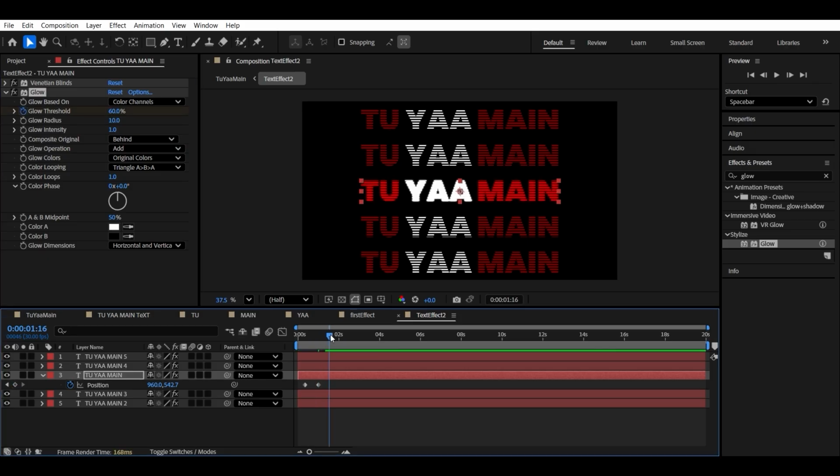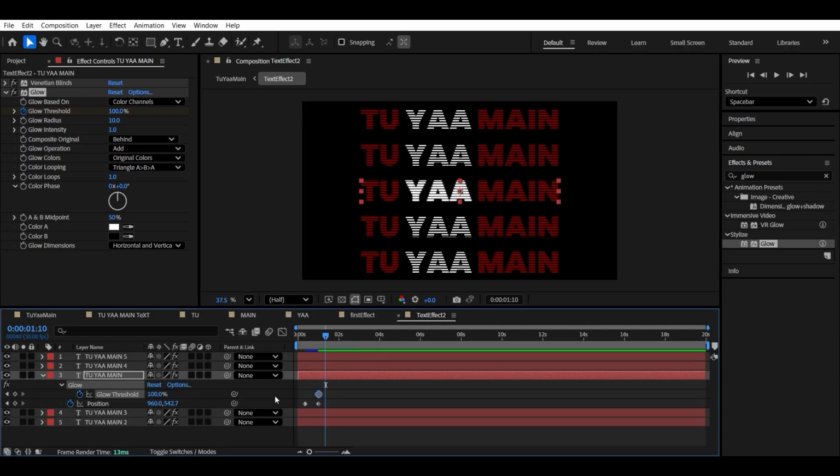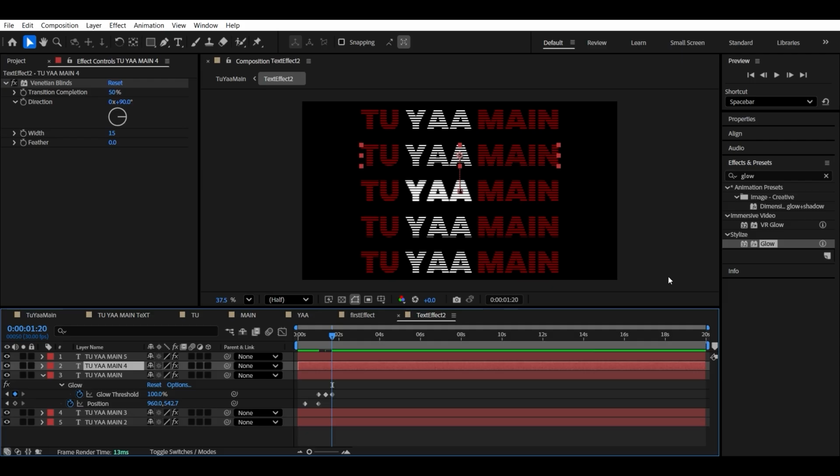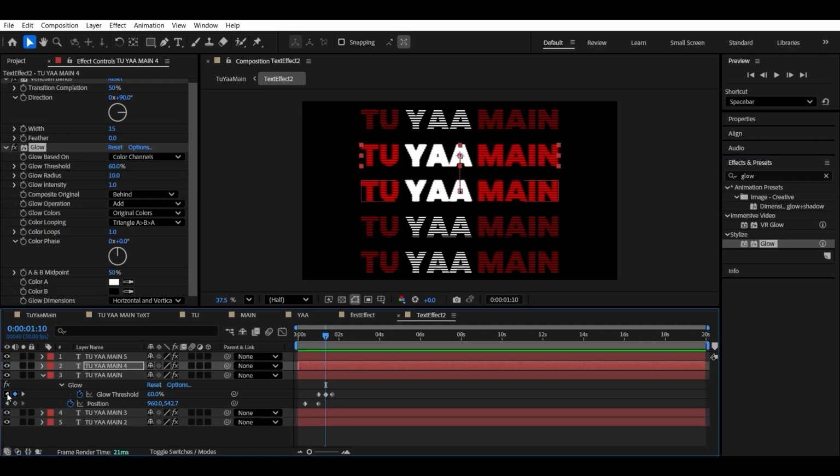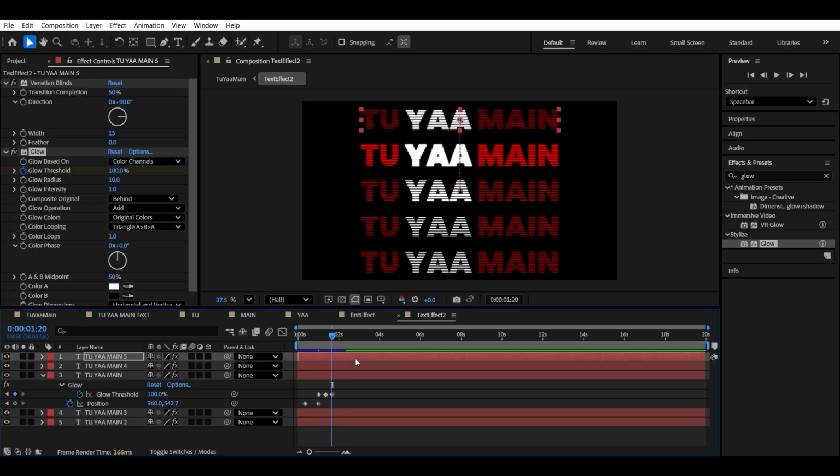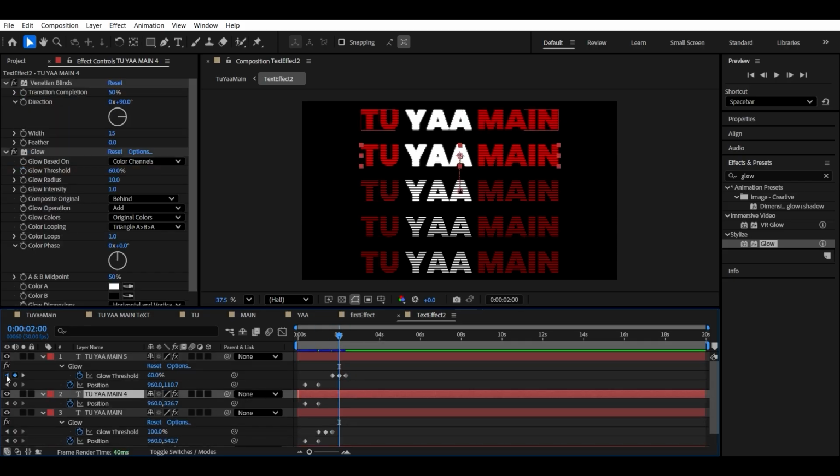You can change the effect accordingly. I am doing it according to me. Then apply this effect on all the text. After some frames,